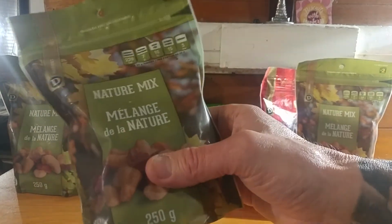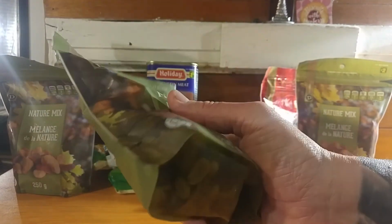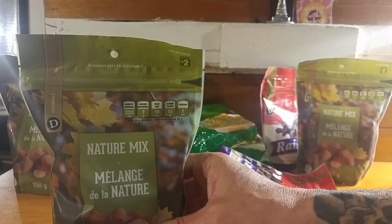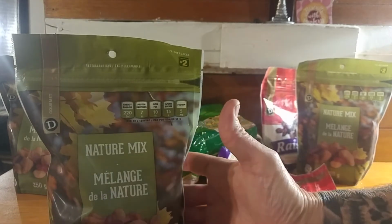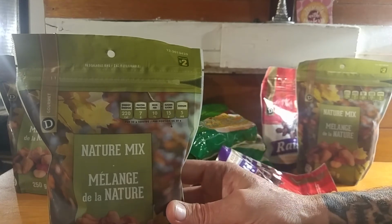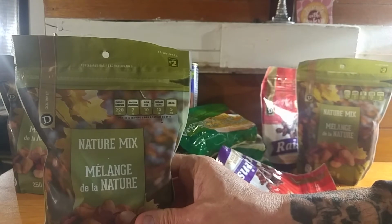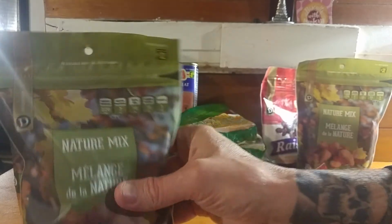And why I think these bags are fantastic, because this is your ultimate and perfect MRE, or meal ready to eat. If you're not sure what MRE stands for, that's something that is often a military ration that they give to the troops when they're out in the field, so they got their food in daily rations with them, and it's generally meals that are designed that you can eat in the field, and they sometimes come with a flameless heater and stuff like this. But in terms of doomsday scenarios, and you've got no power, no heat, very little way to cook, this one bag here of trail mix is going to give you